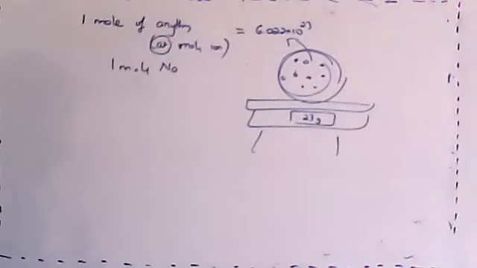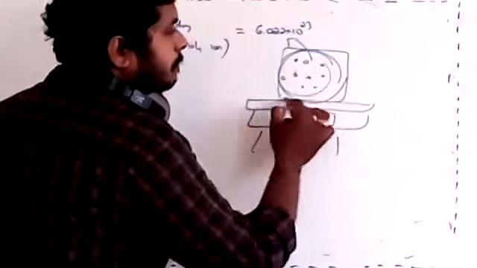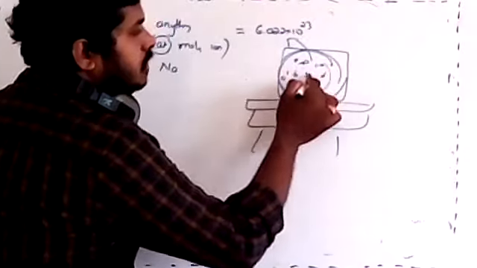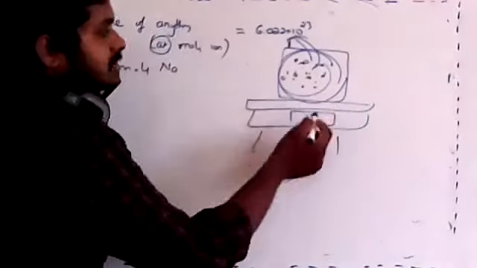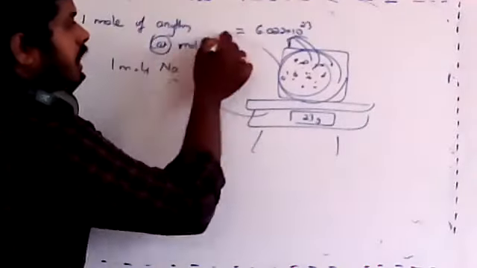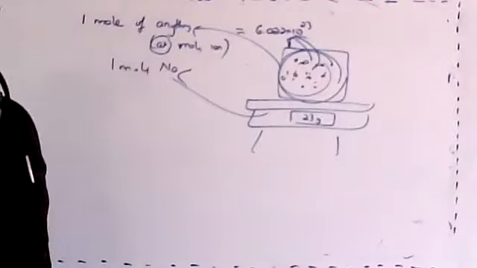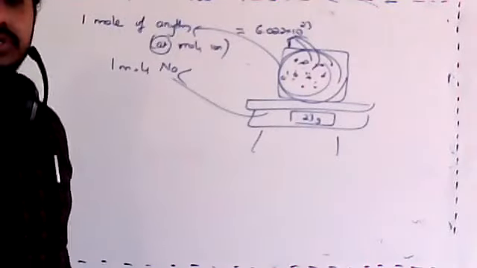Are you getting my point? So I'm talking about the total number of sodium here. The total number of sodium is this many, and its mass will be 23 grams, and both can be called 1 mole. Got it? So this could be applied to anything now. With this small relation, we'll try to solve some problems.